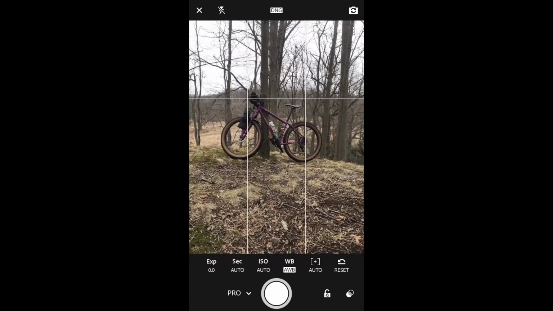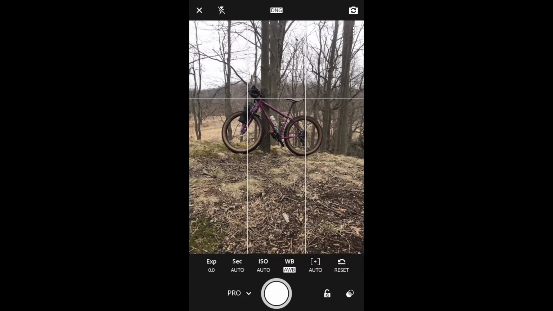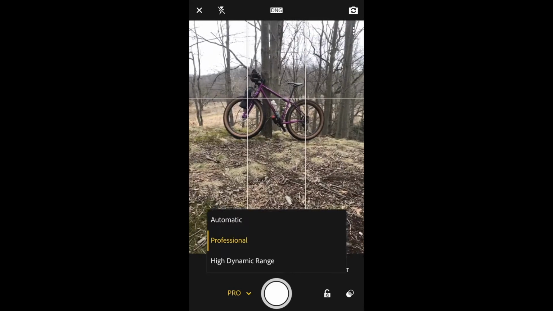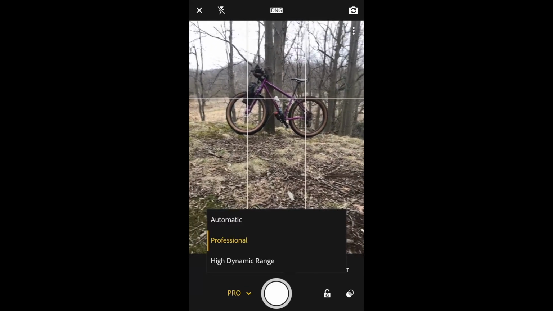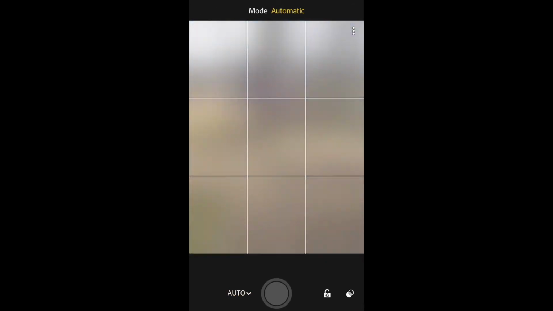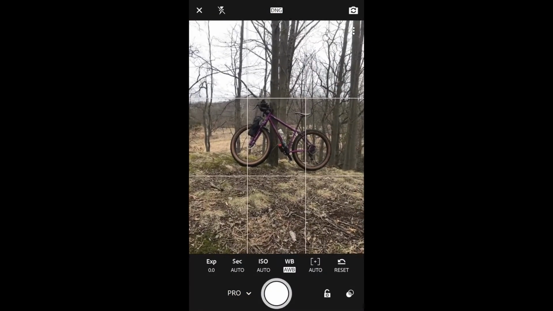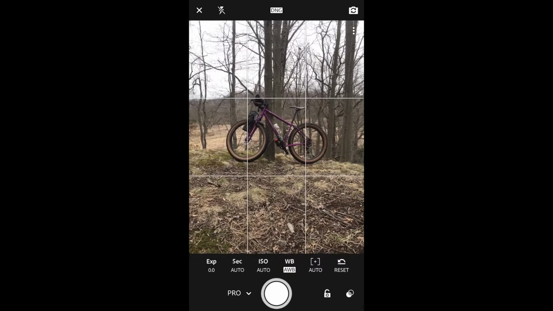So here I am using the Lightroom camera app. I'm in the Pro setting. You can activate that on your phone by coming down by the shutter button and tapping on Automatic, Pro, or HDR. I want to show you today how you can control